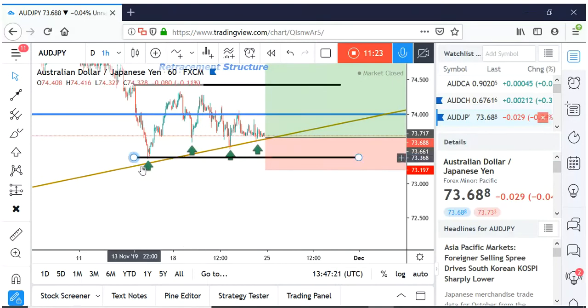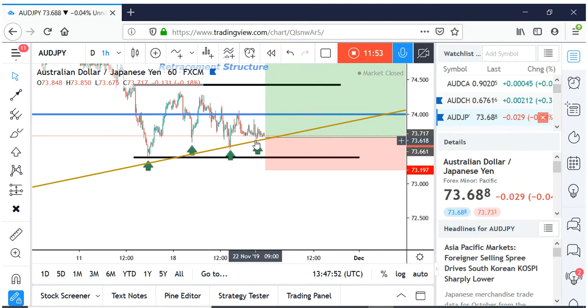So when that happened, what did they do? They bought here. And then when they bought here, they moved the market up again slightly. They took another profit here. Market moved down. They bought here again, took another profit here. Market moved down. They bought again. Price moved up. They took profit again. And then the same thing happened here again. Price came down.